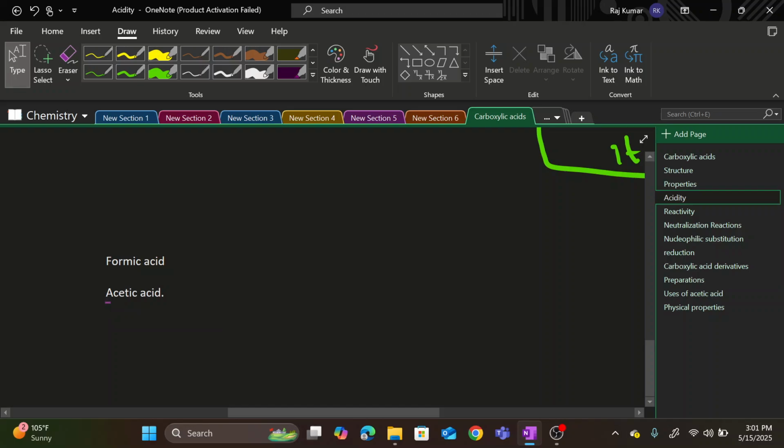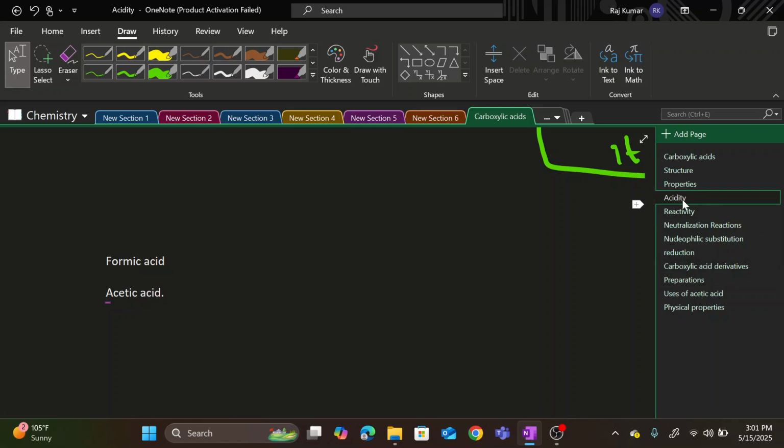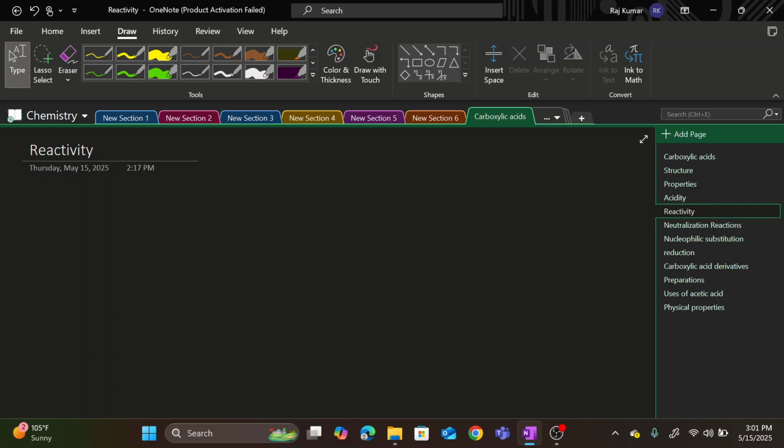So when we increase the number of carbon atoms in a carboxylic acid, the acidity would decrease. This is the trend. Alright, now let's move on to another thing. Alright, so over here, let's understand the reactivity. Reactivity of